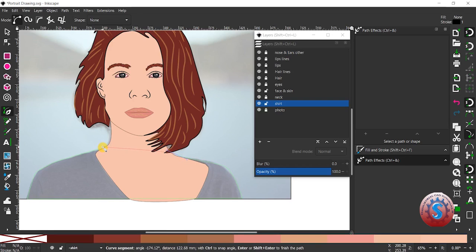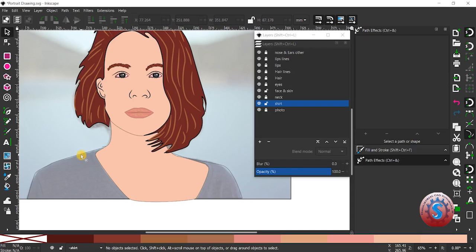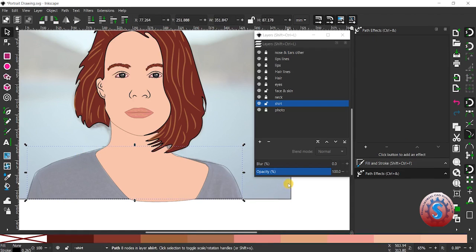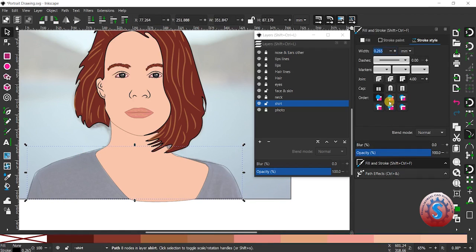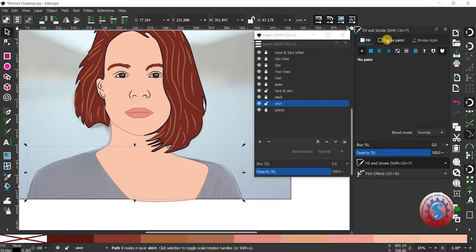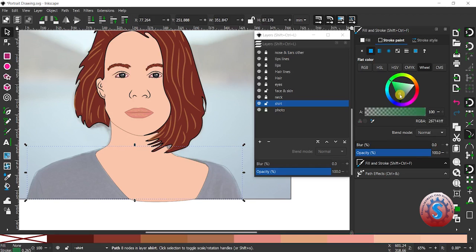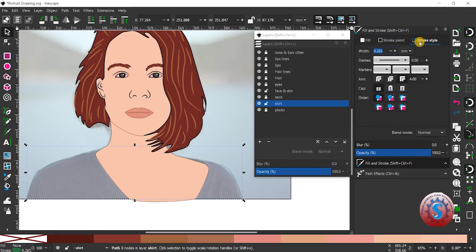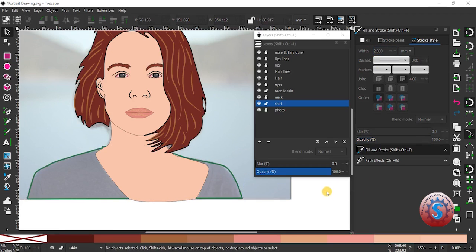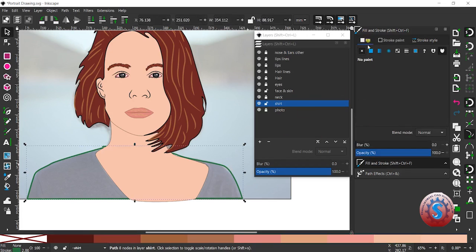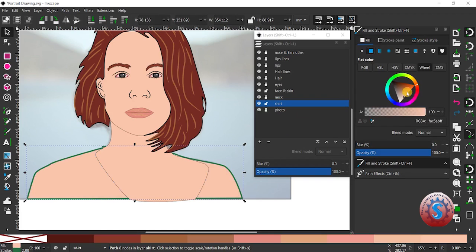Then I want to give some color to the fill and stroke. Here the swatch is not there, so how do we give the fill and stroke color? I want to give the stroke paint a darker color first, and the stroke style width of 2.0. 2.0 is not okay. And you can observe the fill, I want to give a t-shirt color like grayish green. You can also give different types of colors by using the RGBA.